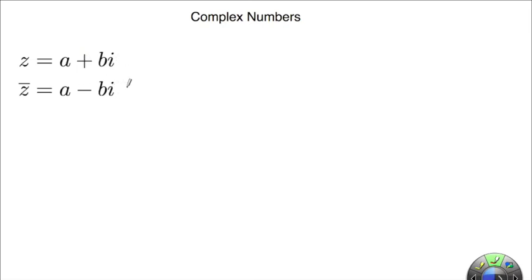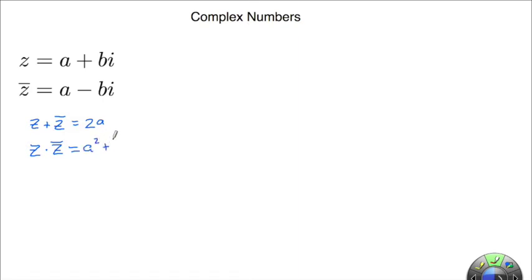Remember, these things are called conjugates. To represent that with the letter z, we just put a little bar over it. So z is a complex number, z bar is its conjugate. And a few things about conjugates while we're here. z plus z bar, if you add them together, the bi parts are going to go away, so you're just left with 2a. And if you do z times z bar, the multiplication of conjugates,